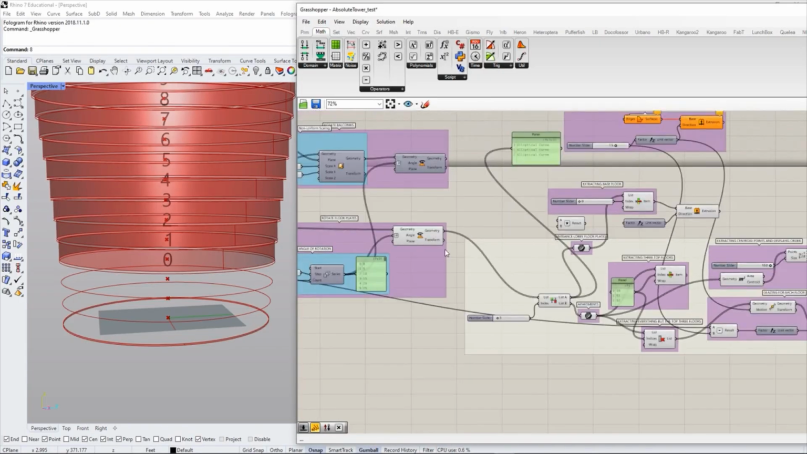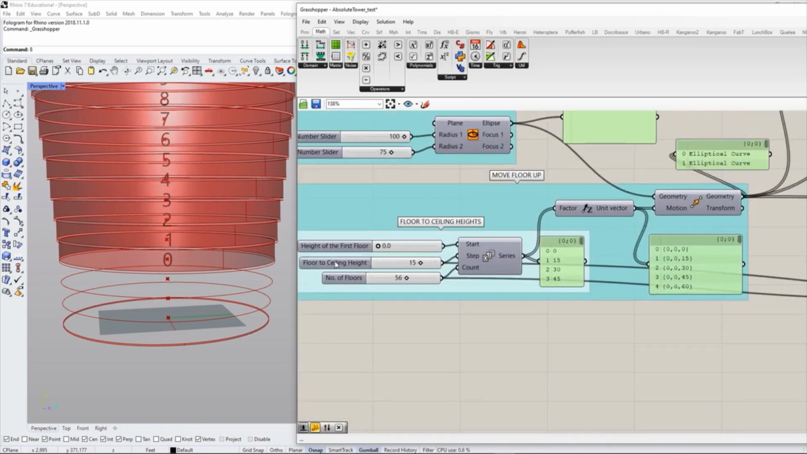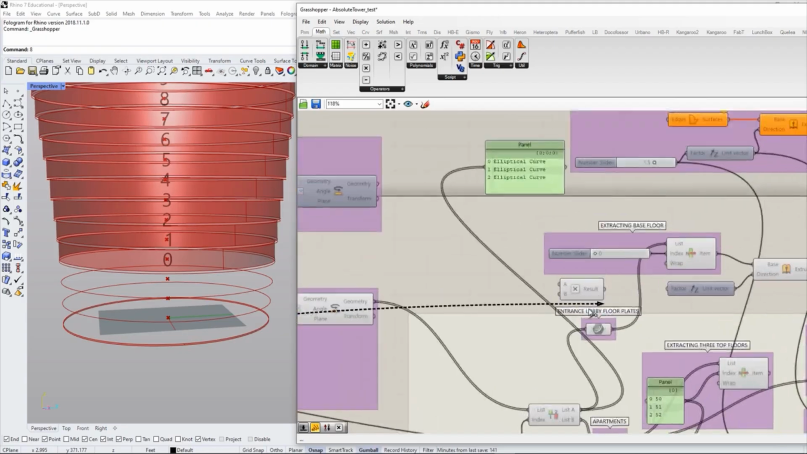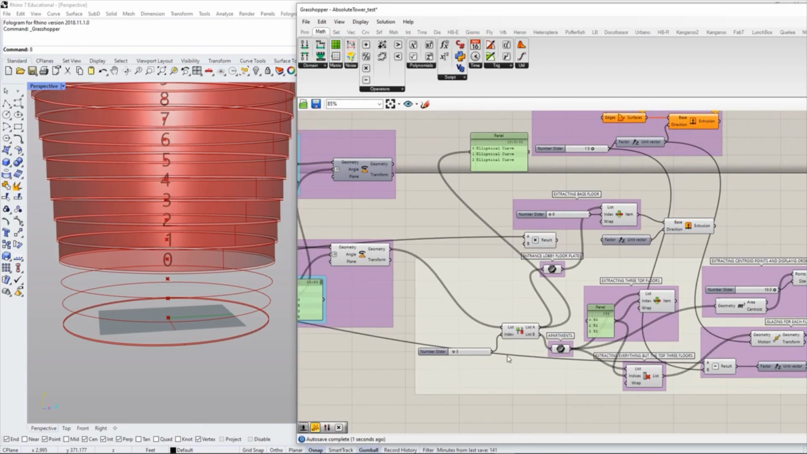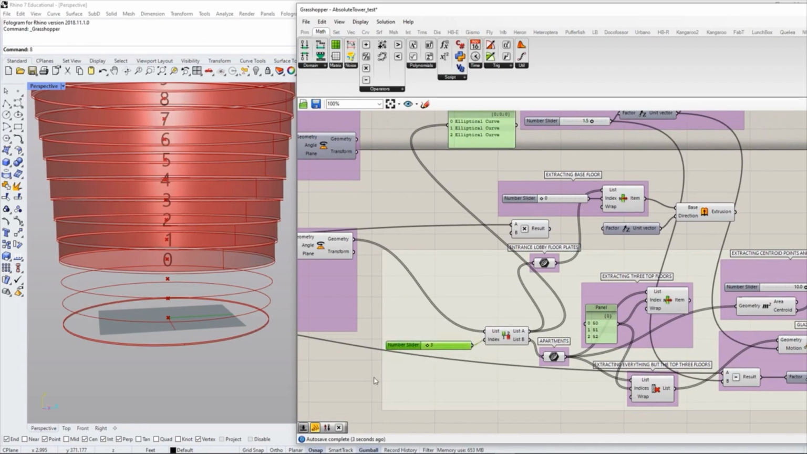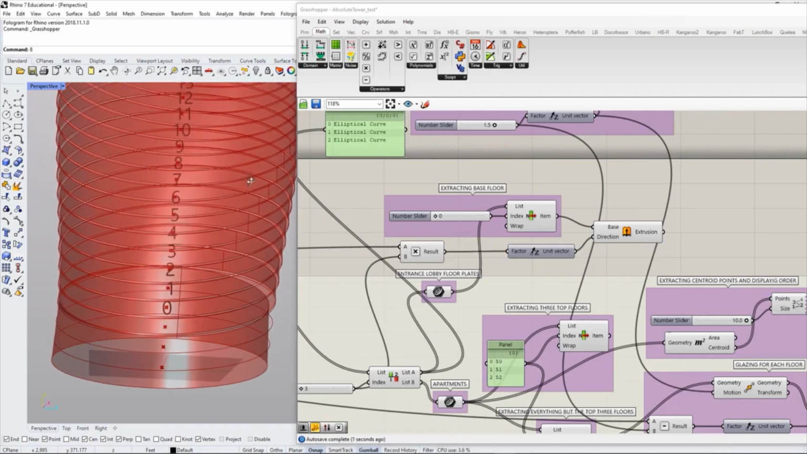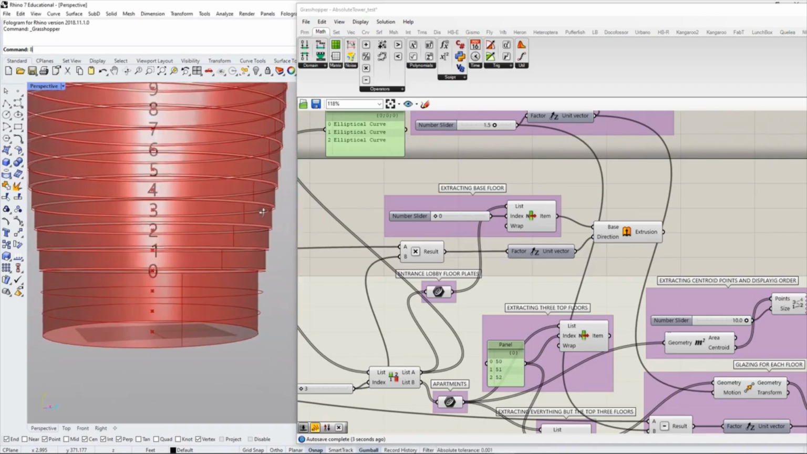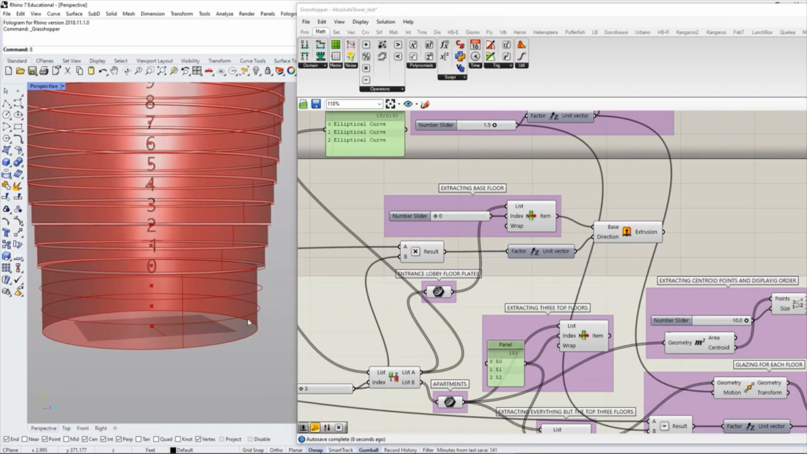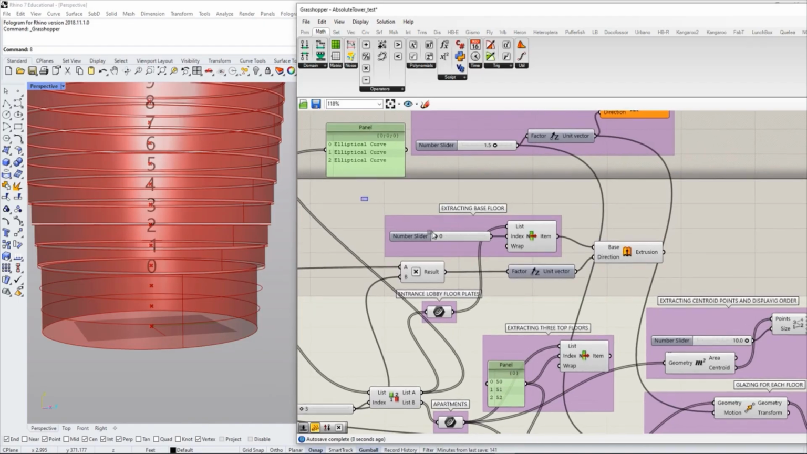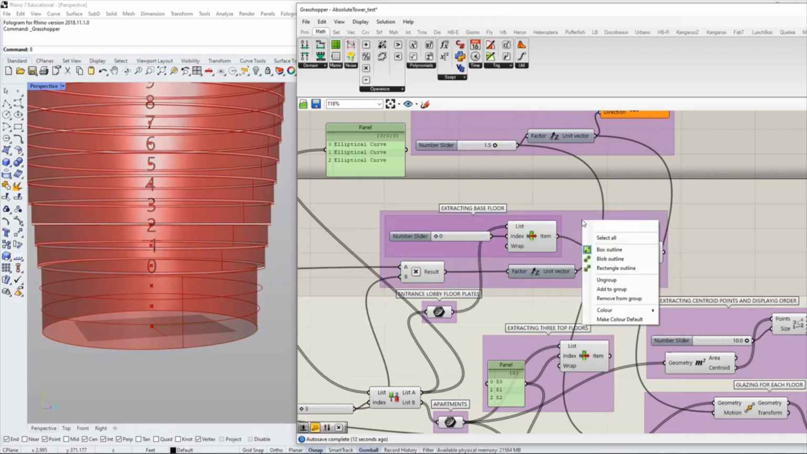Multiplication, and what I want to multiply is the height of each floor, so that's 15. Connect that to the multiplication and the number of floors that we have, which is determined by these sliders, right? So then that number becomes the extrusion height. And there it is. You can see that now we have a floor to ceiling extrusion. And I'm going to group these together and say this is